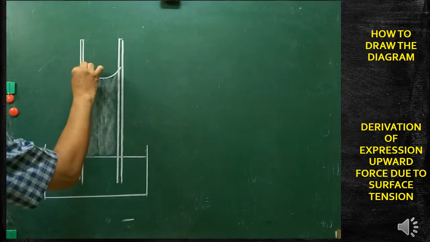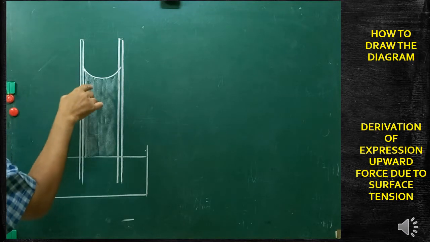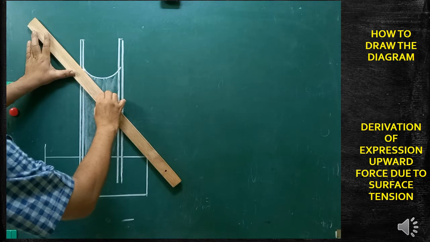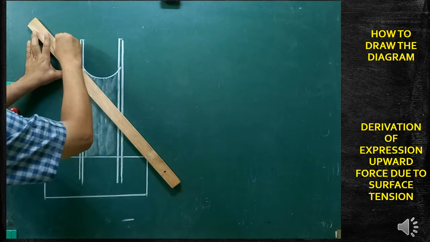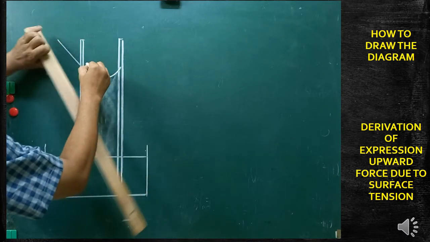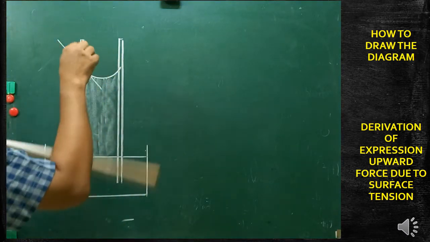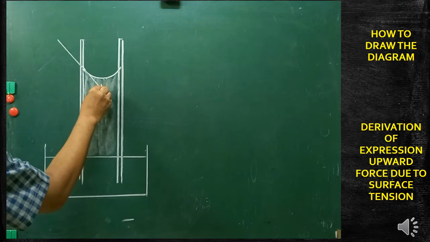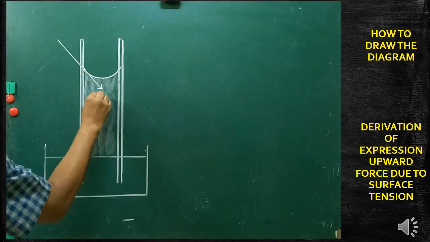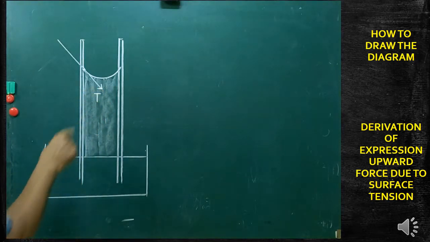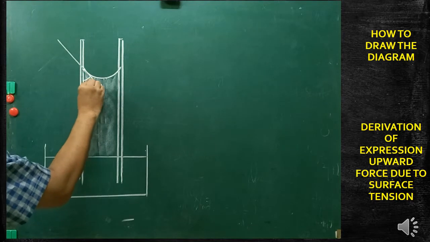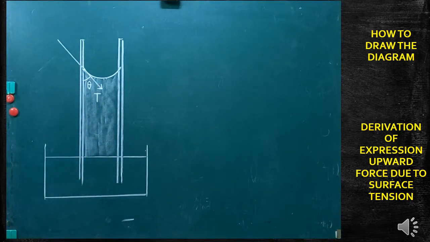So this is the point where the solid and liquid both are interfacing here. There you have to draw the tangent to get the angle of contact. Draw the tangent with respect to this point, with respect to this curved surface, and this is the force which is acting due to surface tension, and it can be simply mentioned as T. And within the liquid, there you can draw the angle called theta, that is called angle of contact.